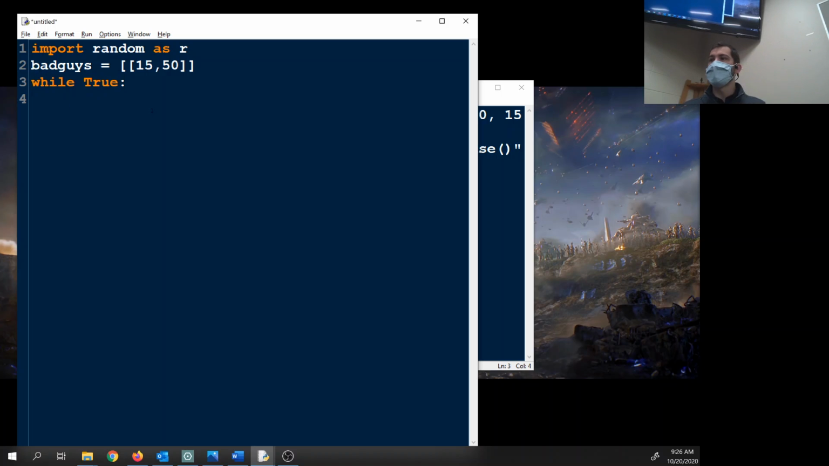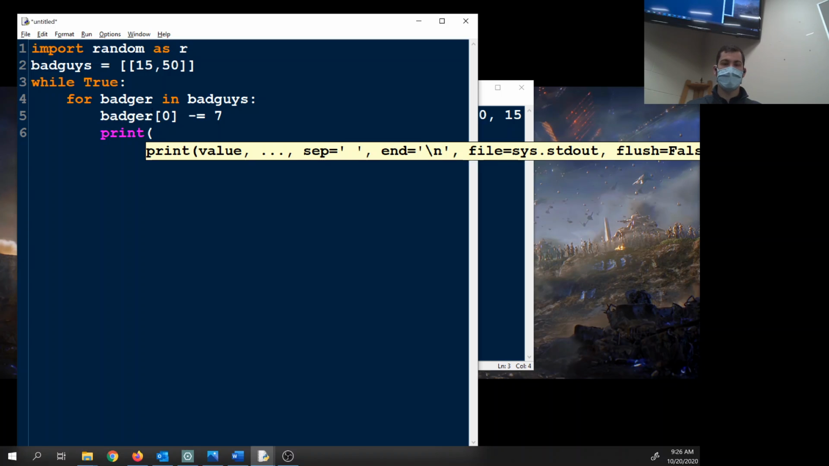So what I need to do is for badger in bad guys, badger bracket 0 minus equals 7. And then I'm going to print the X location of badger is